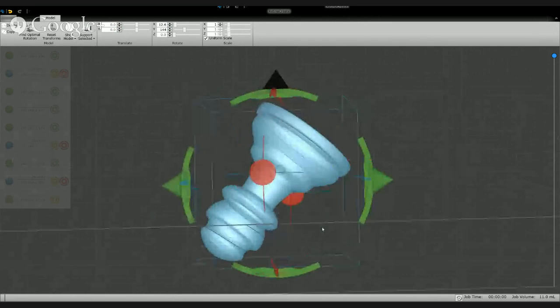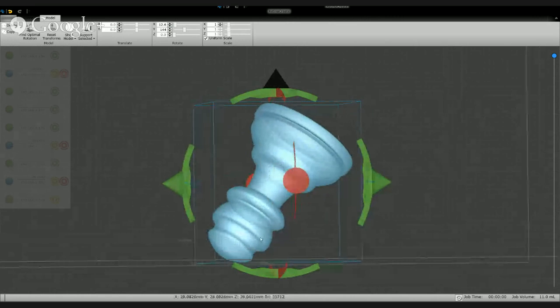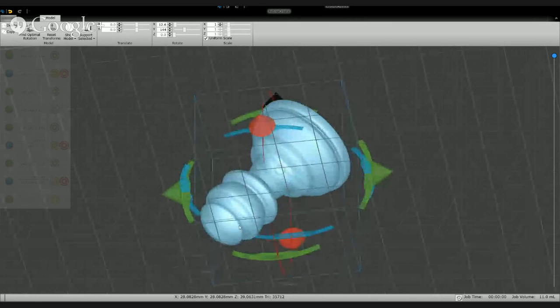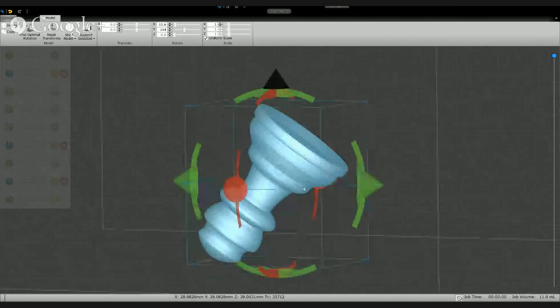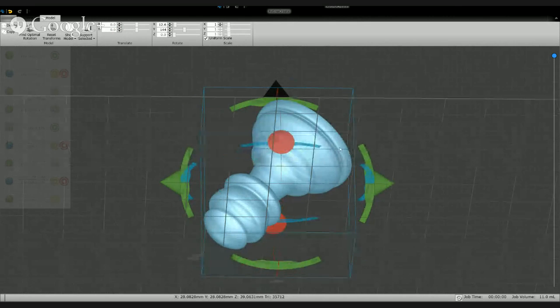And that's not really what you want, because in this case, the part that you want to have the nicest surface finish is the top part. The bottom doesn't really matter. It's going to be facing down. People won't see it. So ideally, you'd like all or most of your supports to be on the bottom